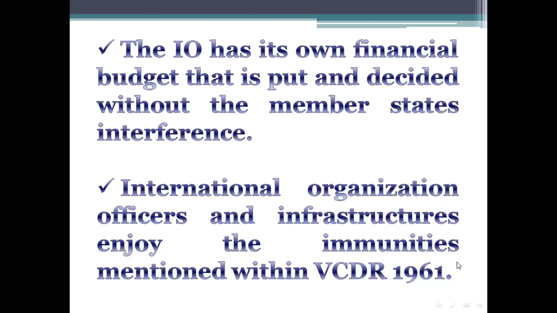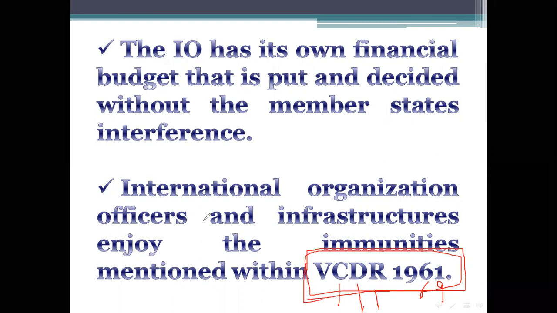I always like to point out that there is a difference between the VCLT, which is the Vienna Convention on the Law of Treaties 1969, the Vienna convention on the law of treaties, and another convention called the Vienna Convention on Diplomatic Relations. This is the convention of 1961 regarding diplomatic relations and the immunities that are enjoyed by the United Nations